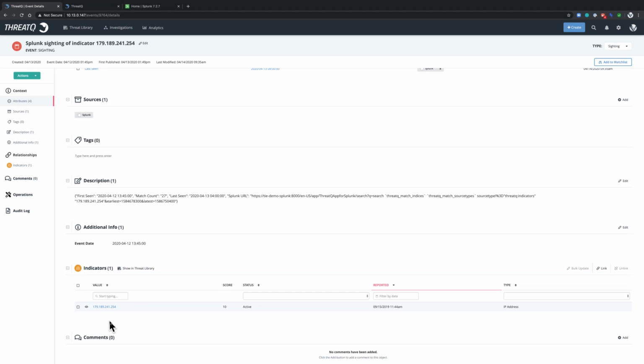So I'd like you to follow me for a quick exercise. Let's see what the platform can do with all the accumulated information and relationship building by taking this event and adding it to an investigation. The investigation part of ThreatQ is just a tool to visualize content within the threat library graphically, and with this being able to show relations between data model objects better and easier. To do this, we just have to add this event to an existing